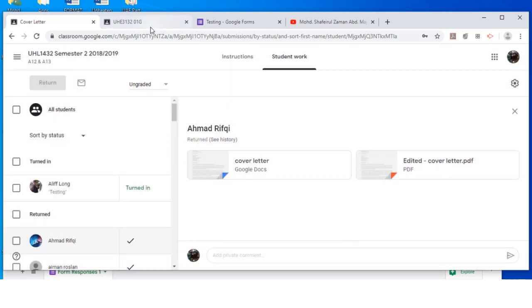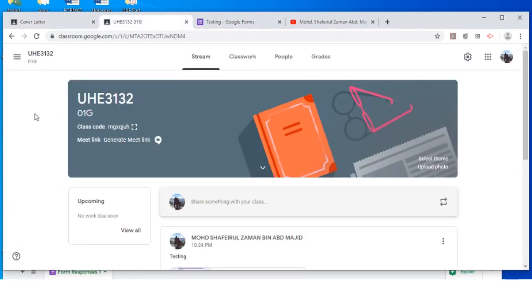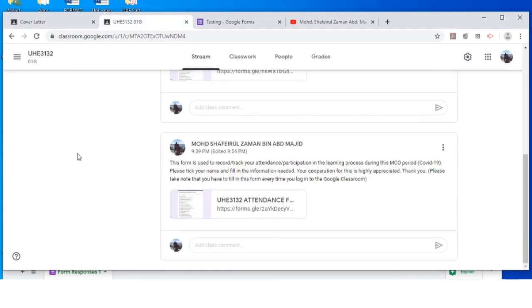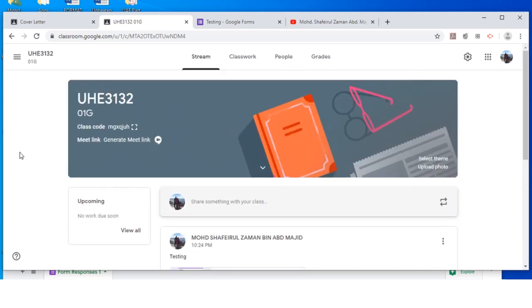So I believe that I have covered how to create attendance using Google Form and embed it in the Google Classroom. So if you have any questions or inquiries, feel free to contact me,